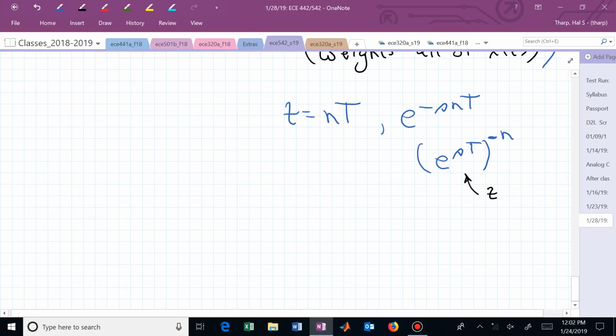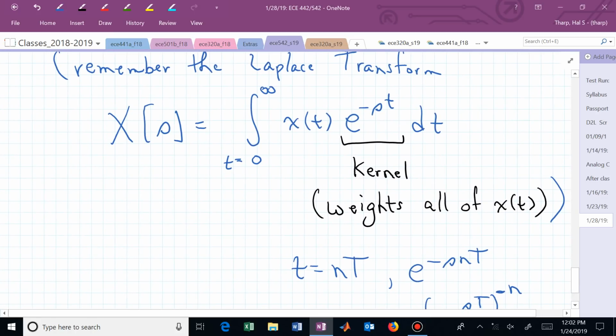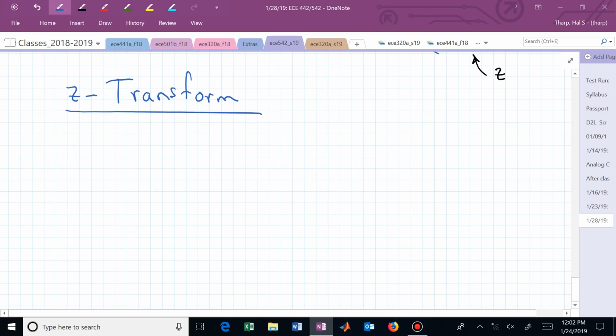And we can now put that into a different transform operation, which is the z transform, where if we're now playing with a sequence of weighted values, then we're not integrating, we're actually going to sum that sequence of weighted waveform values,